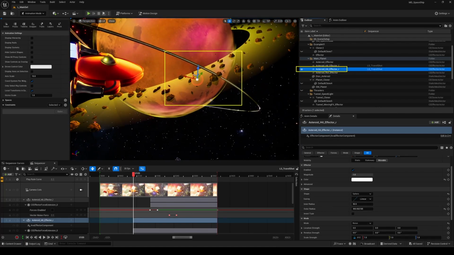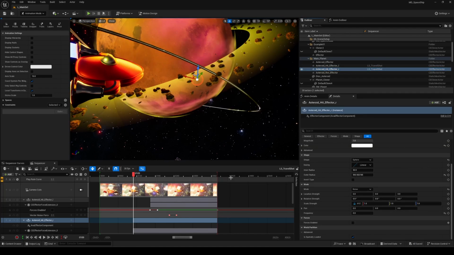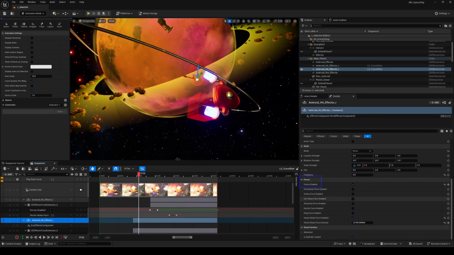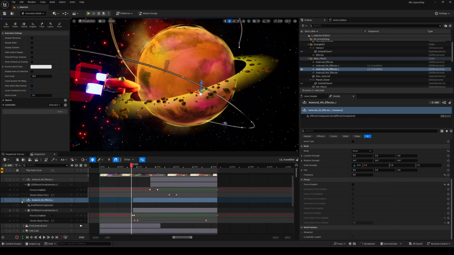It's really simple. I use forces, specifically a vector noise force. As I mentioned earlier, you can control all of these through Sequencer. I keyframed the Boolean toggle to activate the force trigger and adjusted the vector floats value to match the timing. The result is a clean, efficient effect built in just a few minutes. No need to touch Niagara or complex shader animations.